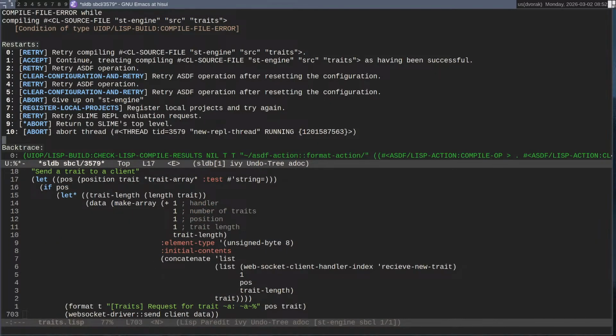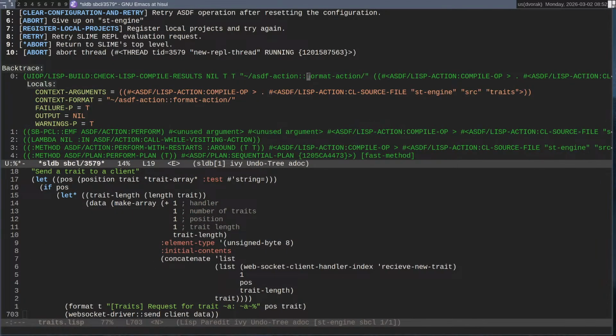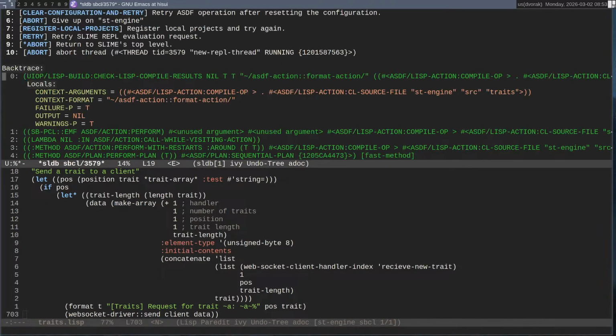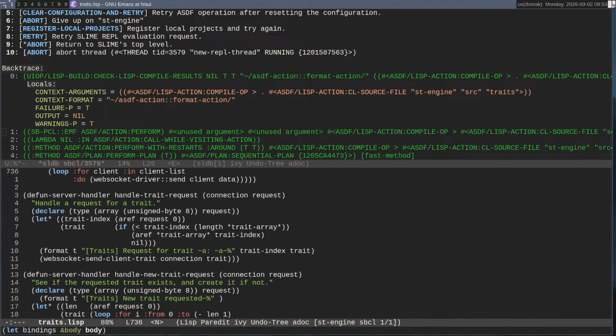Theoretically, that's what this code does. So, what is it that I need to comment because it doesn't work? ASDF action, format action. Yes, this file has problems. I am aware that this file has problems. Okay, let's do it this way.